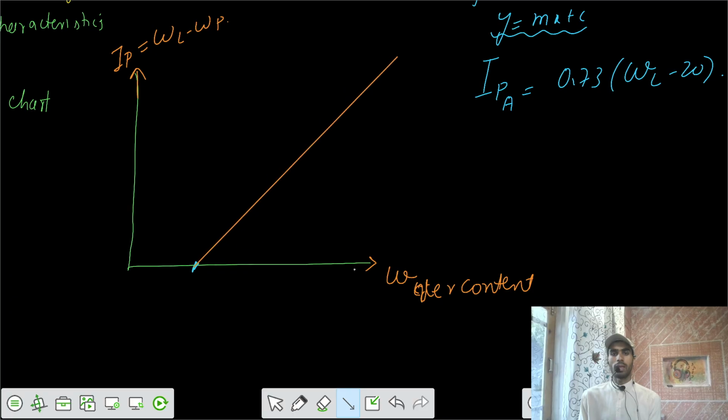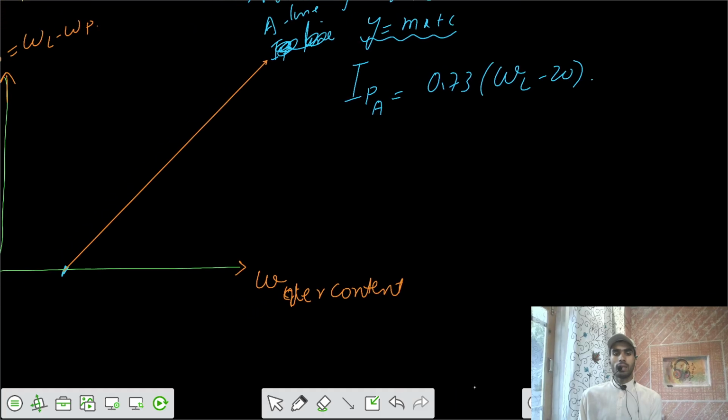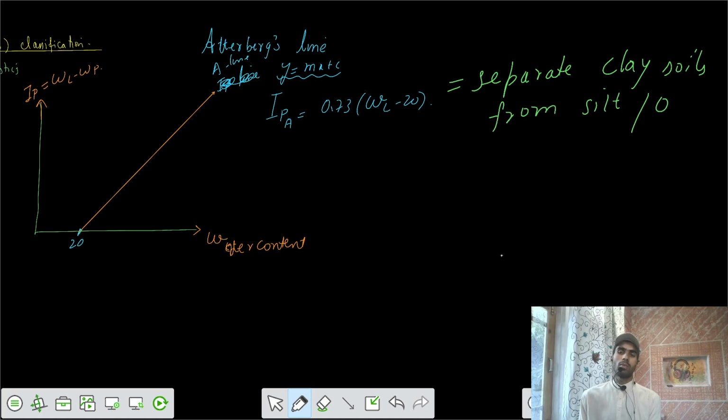So this is your IP line. We can write this is the A line, actually, the Atterberg A line. This line is trying to separate, so this is an interface. It separates clay soils from silty soils, or we can say organic soils. So if your soil is actually clay,